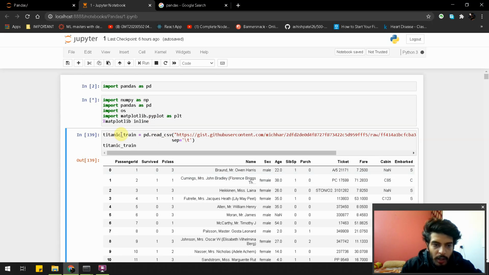And this is our data frame. Actually, I should give it a name as df = pd.read_csv, which means it is reading your csv file.